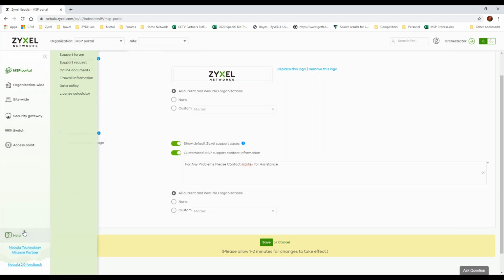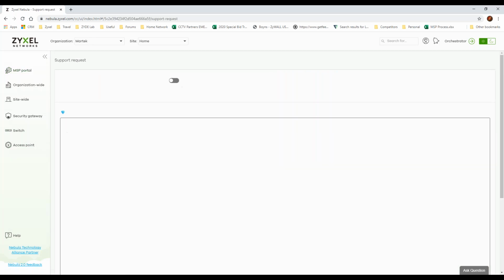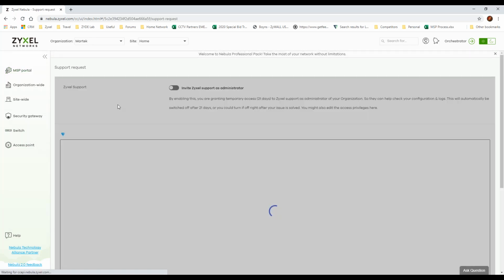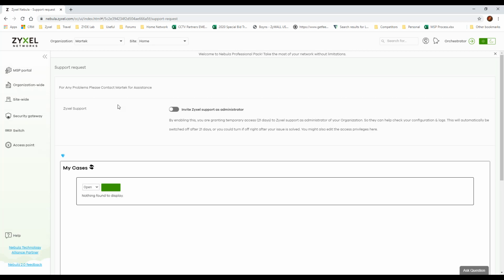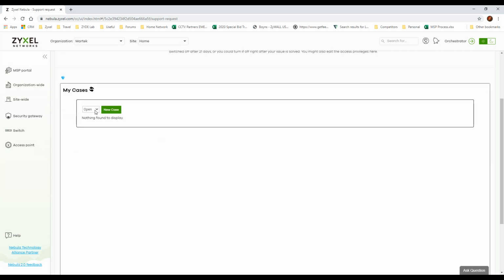So we'll go on to the support side of things now. If you go to help and support request, then on here you have the ability to invite the Zyxel support as an administrator to the site so they can have access straight away, to reduce the amount of time it takes to get access and to be able to diagnose it. But then you also have the ability to create a case as well. So you can have a look at any previous cases you've had which are closed, and any which are open. So if we click on the new case button,